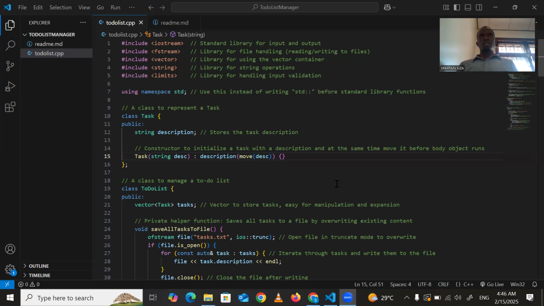So basically, the program or the project does a couple of things. One, it adds to-do list items to the to-do list class that I'll show. And then also you can view them, and at the same time you can remove them. But not only that, to be able to keep data persistence, I create a text file